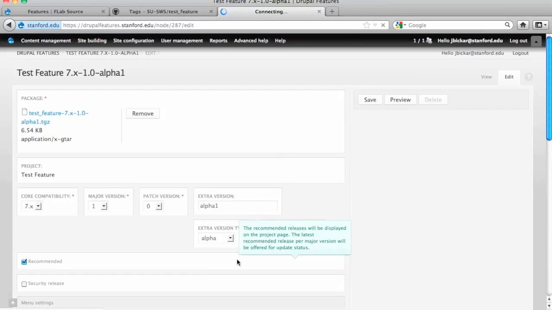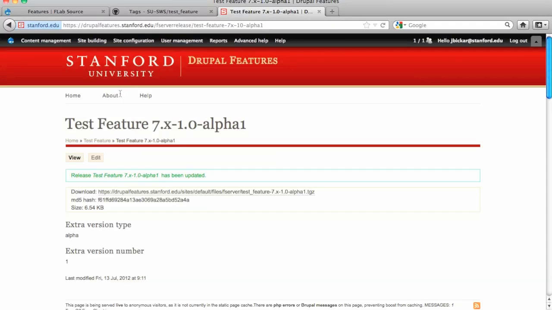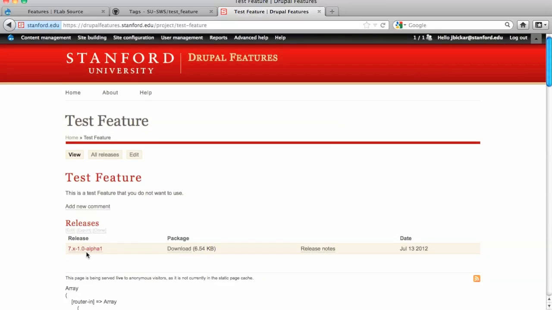But see, it fills all this stuff in for you, which is nice. And then when we go to test feature, it shows recommended release is 7.0, 1.0, alpha 1, and you can download it. And the reason that you do this step, rather than just letting people download from GitHub,